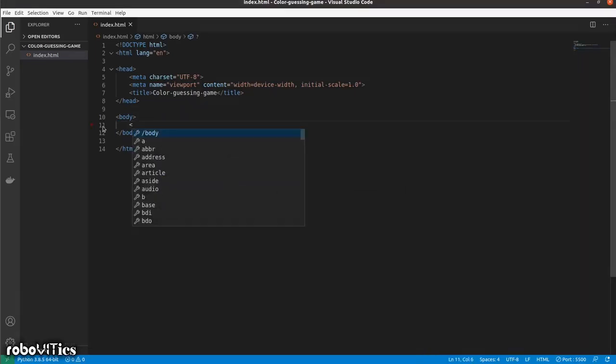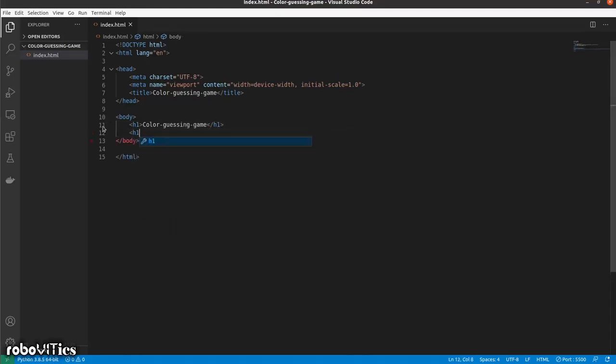Let's have three h1 tags. The first one is going to be for the color guessing game heading, so I'm calling it h1, and slash h1. Over here I'm going to write color guessing game.